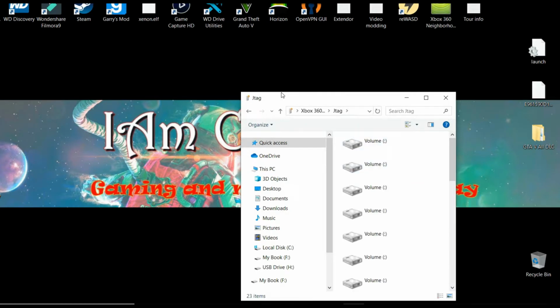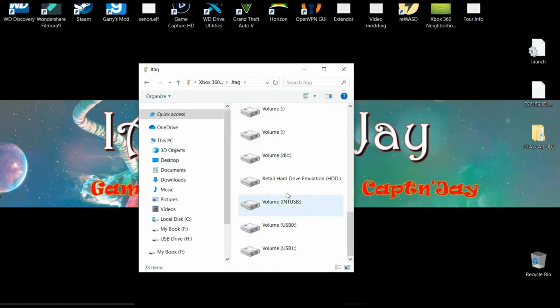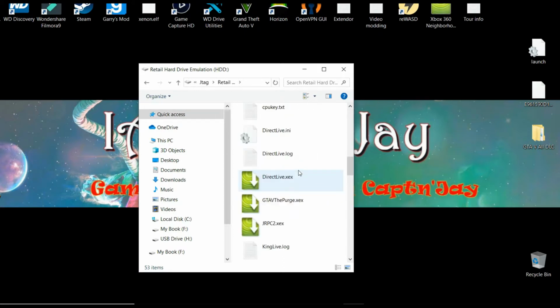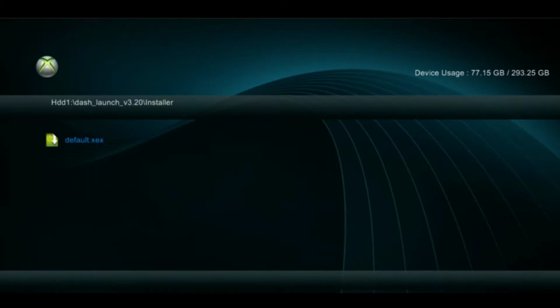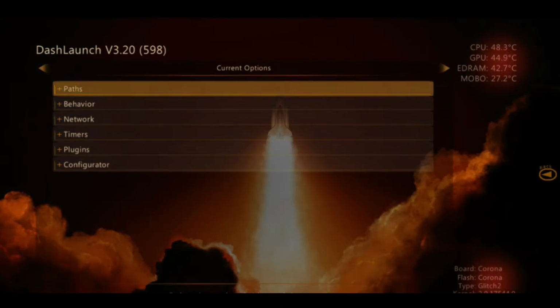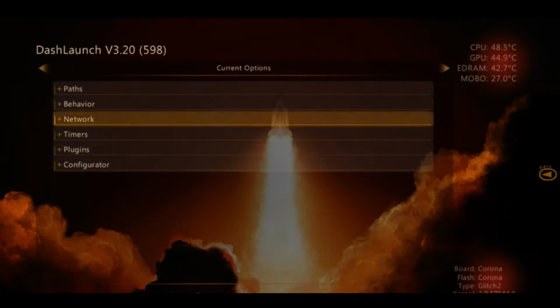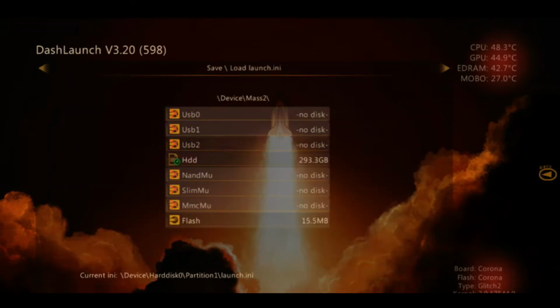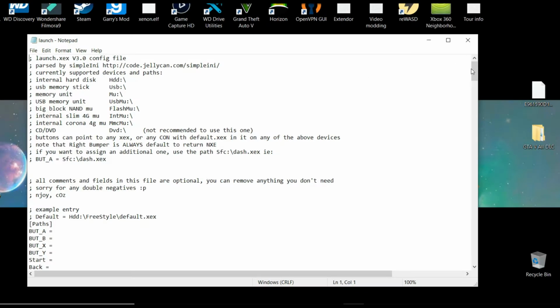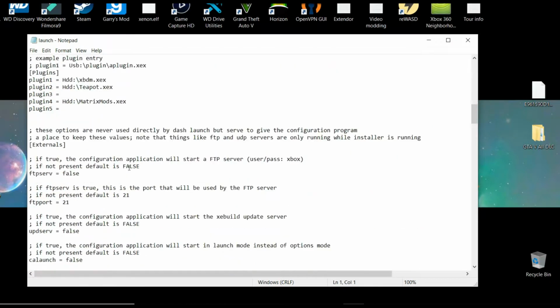We can either do that on Neighborhood by getting the launch INI through Neighborhood and putting it on your computer, or we can do it over on Dash Launch. Whichever way or whatever method you would prefer to use, what we have to do is disable or turn off the XHTTP. We've got to make sure this is turned off, disabled, or set to false, and that would be over